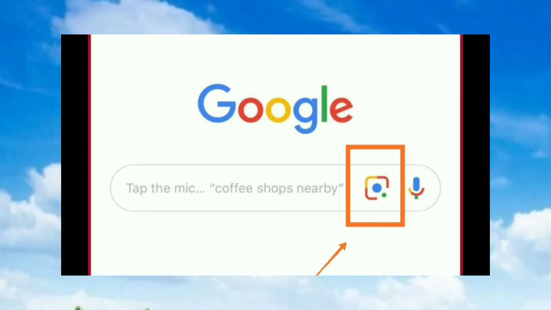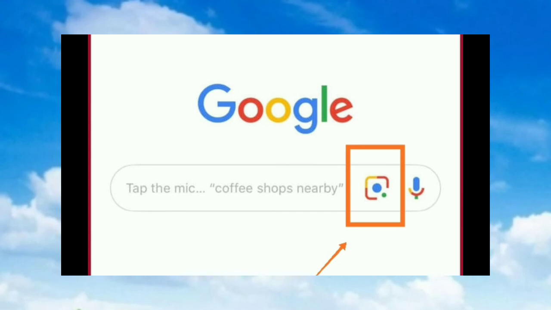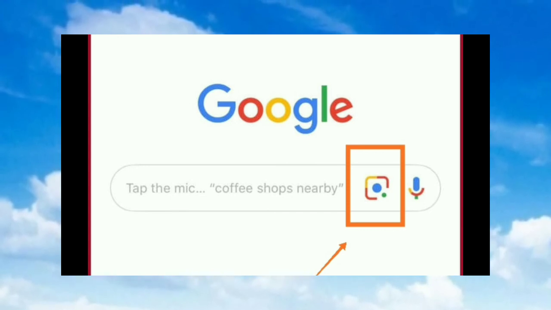You can also see here the Google Lens app. You can use it at the google.com store. Whatever features you want, as I have shown you in the Google Lens app, you can use them easily from this